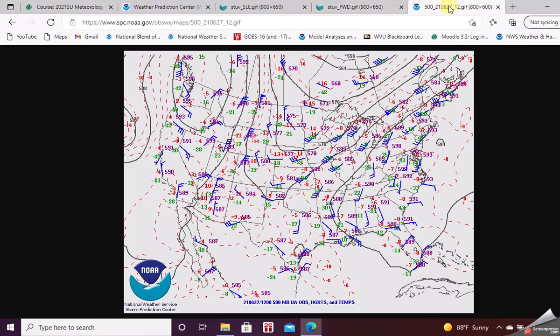Finally, just looking at aloft, we talked about high pressure at the surface, the big high out in the Midwest. Here's where the high pressure is aloft, right over Seattle and into Portland, Oregon. These are all contours on this map, shown as solid lines. These are higher contours for 500 millibars, so it's further away from the surface. These are lower contours, so they're closer to the surface. They represent ridge, trough, high, low. They're not exactly aligned with the surface, but they give you a good representation.